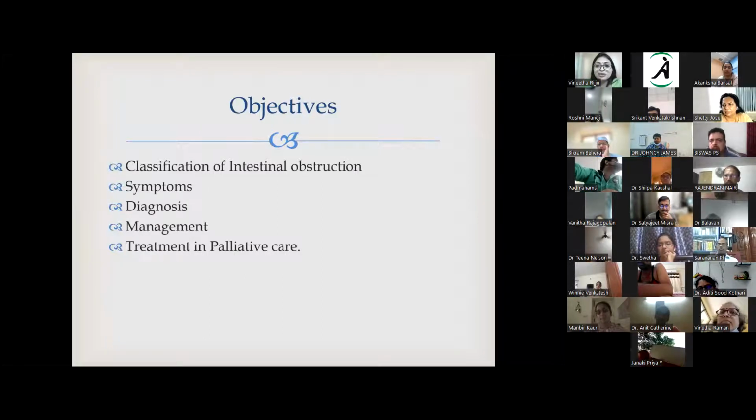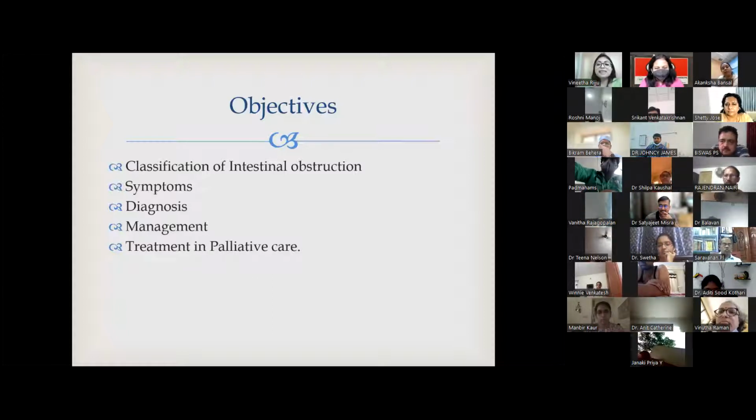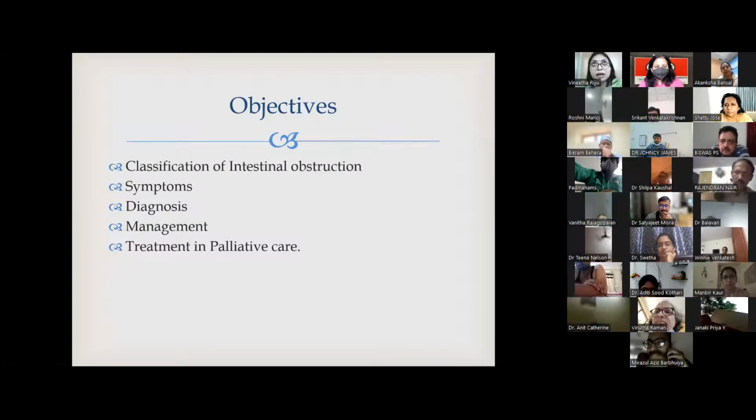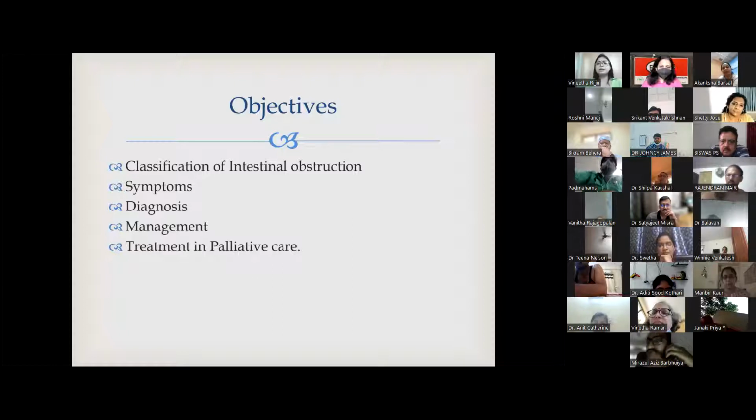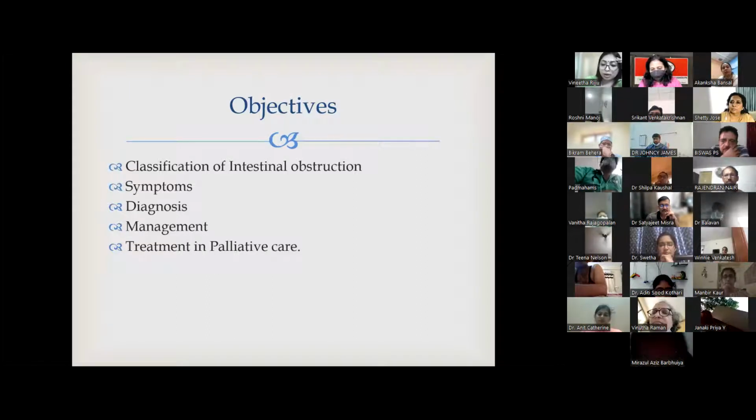Dr. Bikram, Dr. Shilpa, Dr. Janaki. Yes, Dr. Janaki has put in her name. Yes, would you like to add something? So these patients are going to present to you with distension, constipation, nausea, vomiting. You've got the list there. All of you have come up with what patients could present to you with. So moving down,